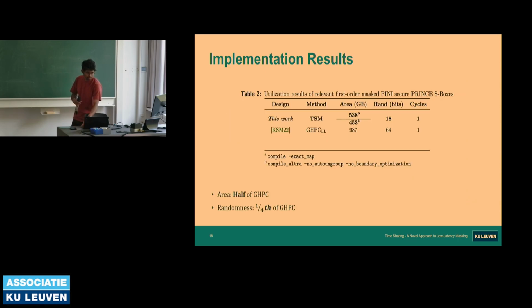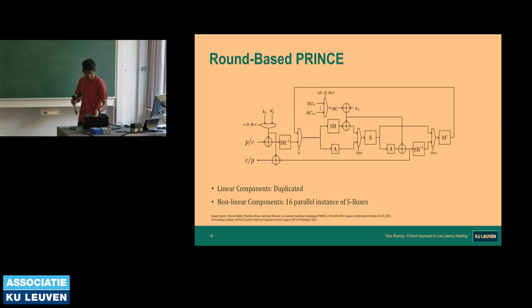Now, these are the implementation results for the S-Box alone. When I compare it with GHPC, its area is around half, and then the randomness is around 1/4 of it. And then now when I make a round-based Prince,